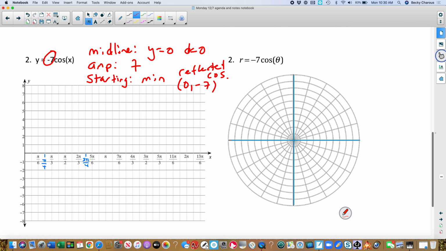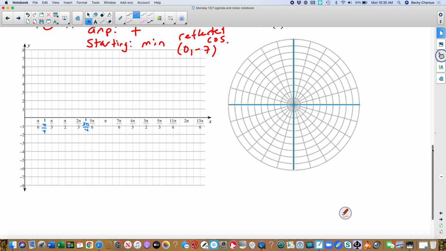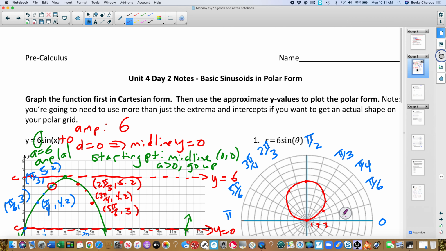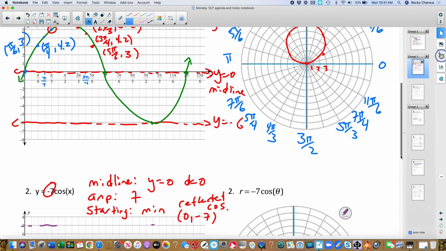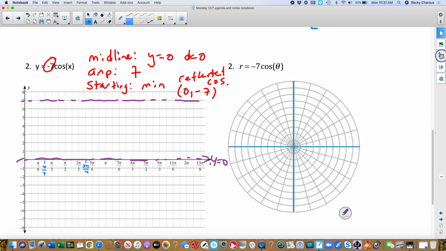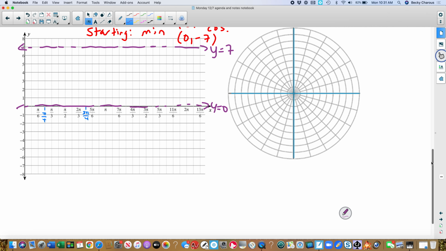So I'm going to draw in the lines. If you don't want to draw in the lines, that's fine. Okay, so I'm going to draw in the midline, y equals 0. I'm going to draw in the maximum, y equals 7. And then we'll go ahead and we'll put in the key points, and then we will make a sketch that will help us get the other points. Y equals 7, and y equals negative 7. Okay, so it's going to start at a minimum, so at 0, negative 7,